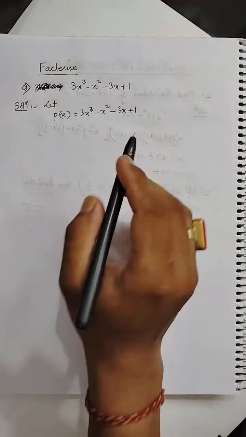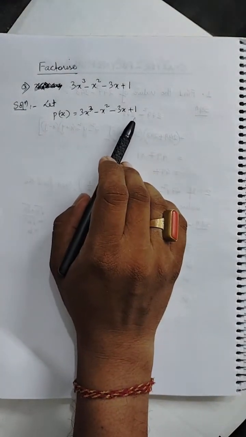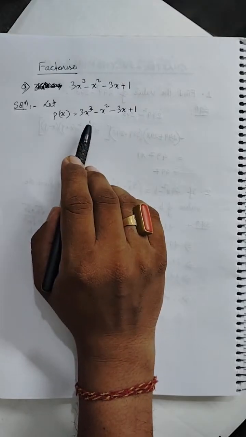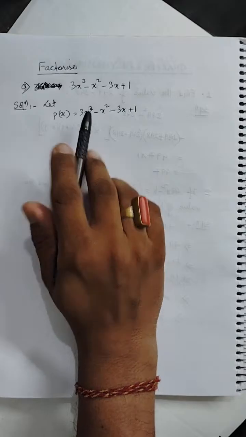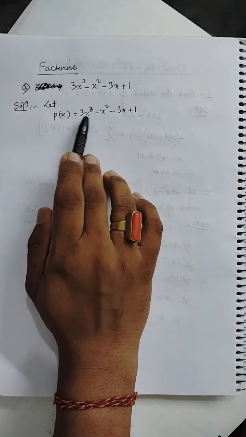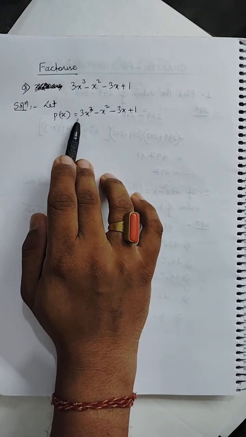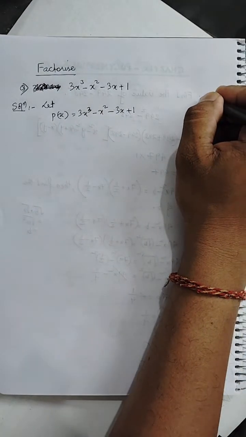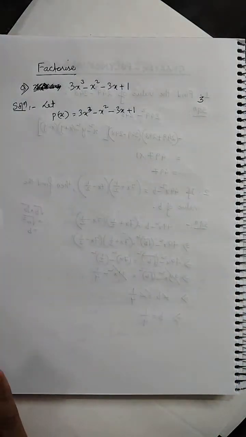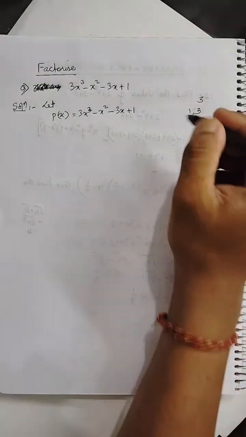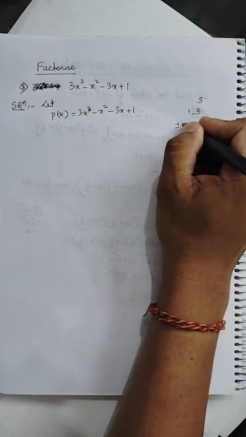So what we have to do, we have to look at the constant term here. तो constant term यहाँ पे 1 है and we have to check the coefficient of x cube if any. Here we have the coefficient. What is the coefficient of x cube? It is 3. Okay, so we'll just multiply 1 into 1 and 3 multiplied is 3. Okay, so 3 is a prime number, so factors of 3 are 1 and 3. Okay, so these factors are plus minus 1 and plus minus